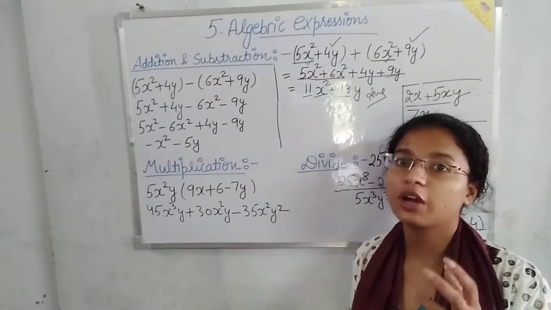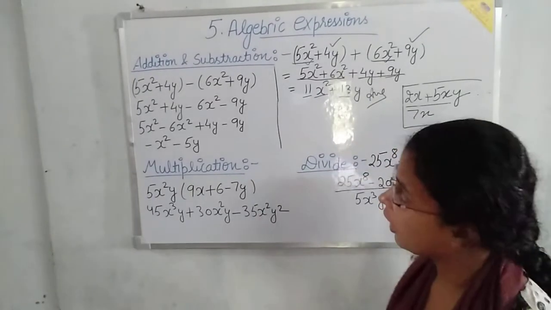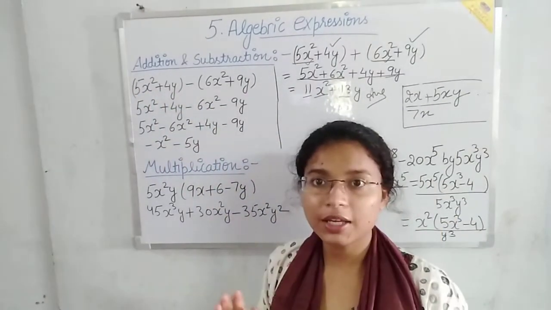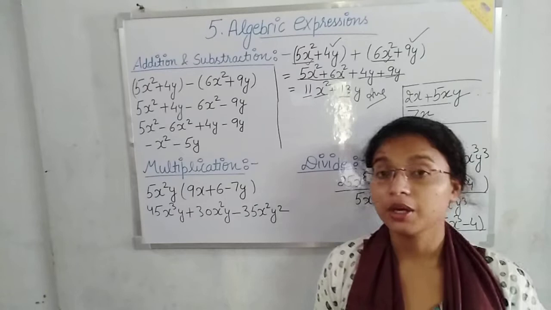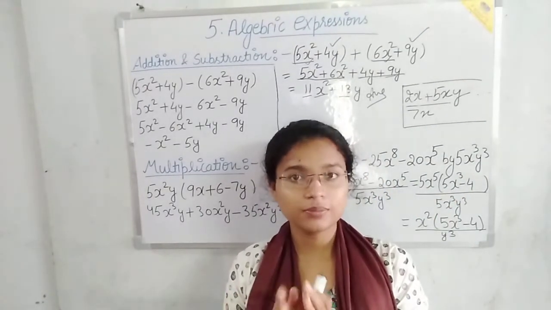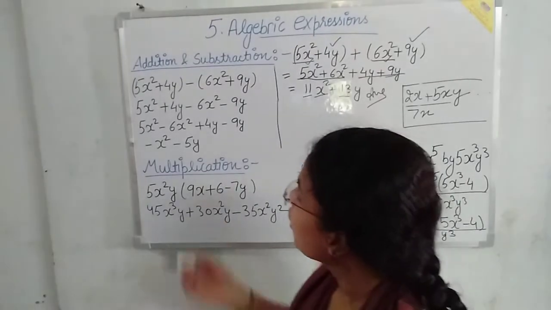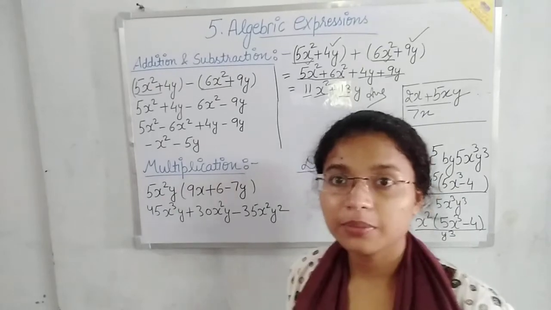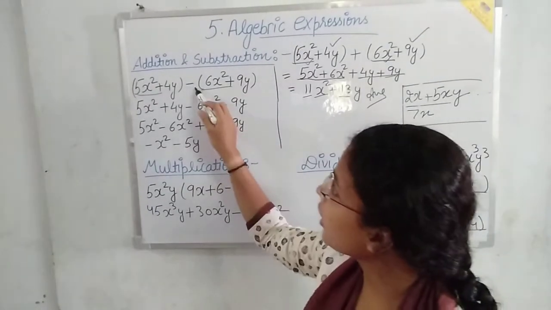How will you subtract the given algebraic expressions? Suppose this is your given question. Two brackets are given and you have to subtract them. In subtraction also you have to write the like terms together. So 5x square and 6x square both are like terms, but remember one thing, here it is a minus